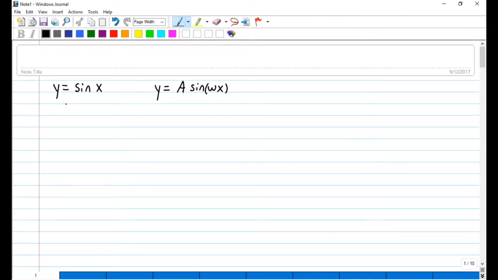Let's say that we wanted to proceed like we would if we were graphing a regular function that we had no idea what it looked like. You would make a table. This is going to have to be a pretty big table because sine of x has a lot of different values that we've covered, right? So let's say that I have an x and y table,